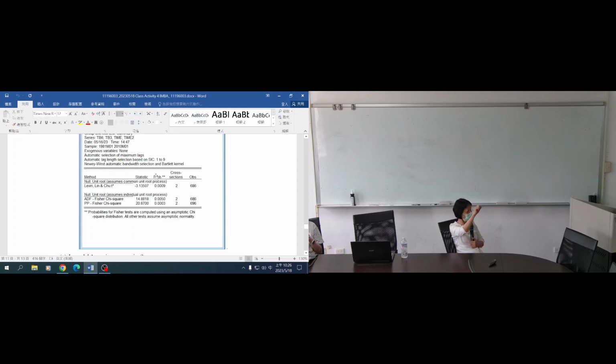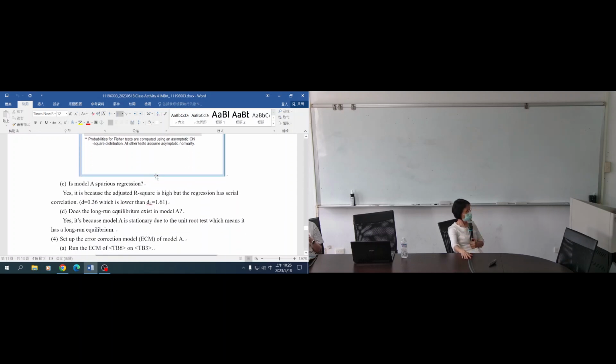Models residual. Oh, so I should test U. Yes, residual, isn't it? Right? If you want to see whether the model is spurious or not, that's why, all the procedures step by step. We test